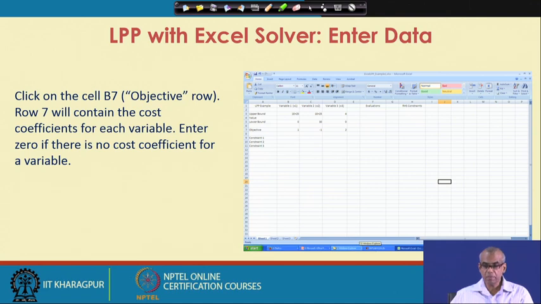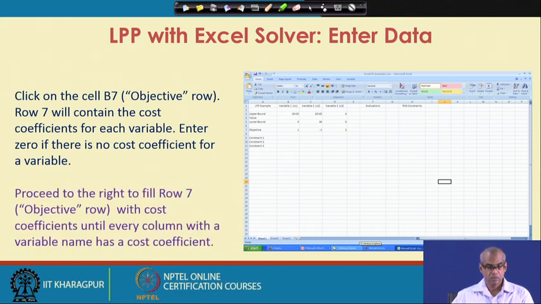Now, click on the cell B7, that means the row which contains objective level. Row 7 will contain the cost coefficient for each variable. So, we enter 0 if there is no cost coefficient for a variable. So, proceed to the right to fill row 7, that is objective row, with cost coefficients until every column with a variable name has a cost coefficient.